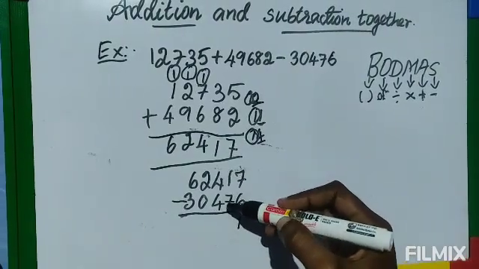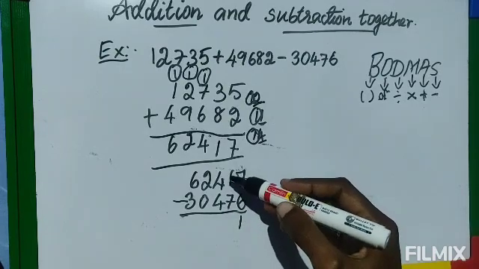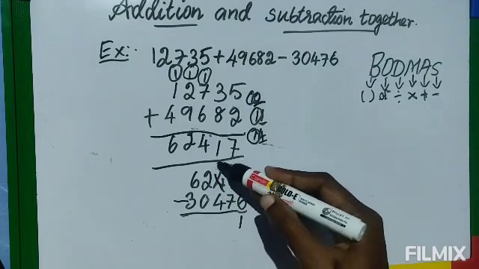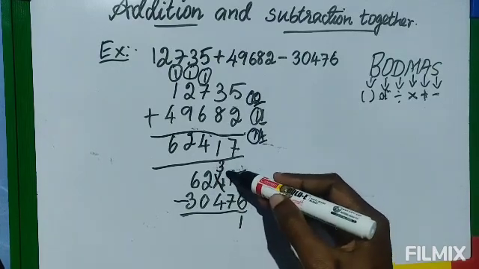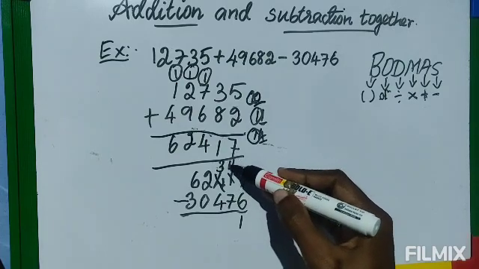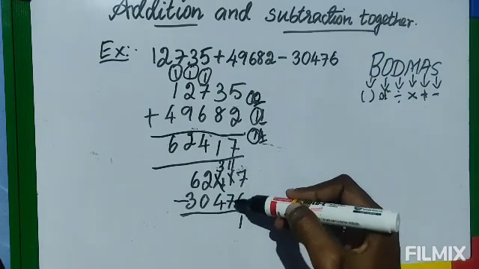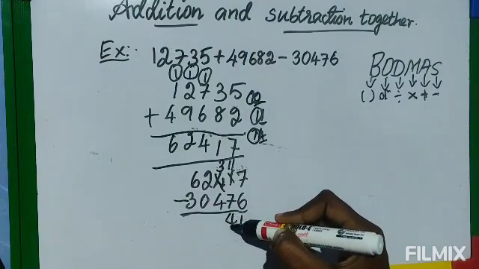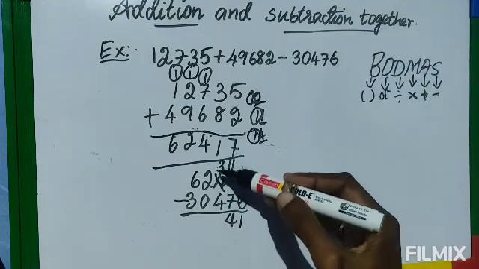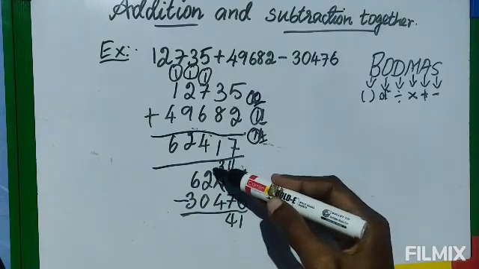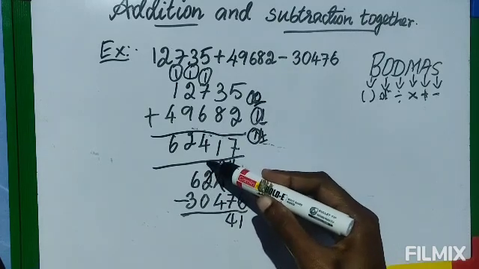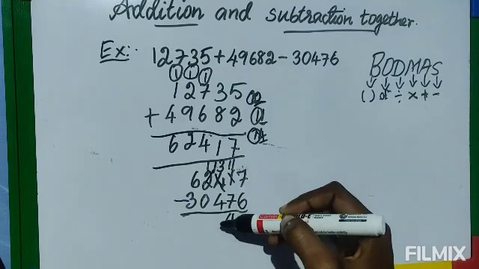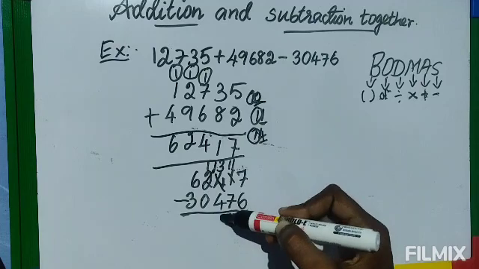Again 1 is smaller, 7 is bigger, so according to the subtraction rule you have to minus from the bigger number only. So this you cannot minus, so you will borrow. From 4 if you borrow 1, 3 will remain here, and that 1 will become 10 here. 10 plus 1, 11 it will be. So 11 minus 7, 4. Again now 3 and 4, 3 is smaller, so from a small number you cannot minus, so you will borrow. From 2 if you borrow 1, 1 will remain, and that 1 will come here. So 13. 13 minus 4 you will get 9.